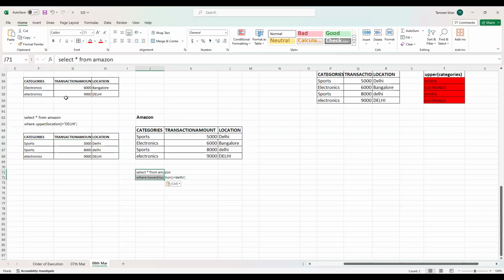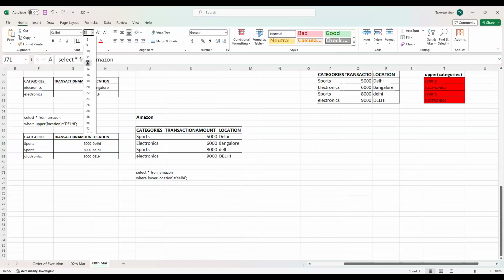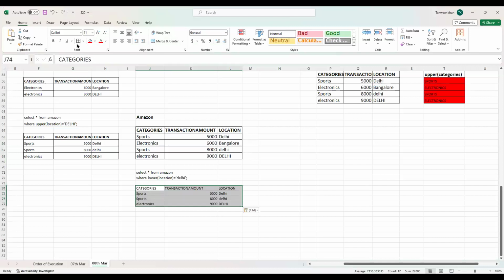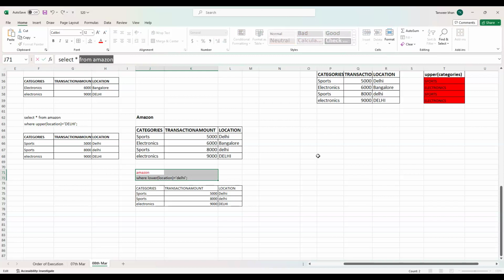Now, this is the query. And this is the output. Do you think this is the same output? Yes. So we have solved this question with upper location equals Delhi, lower location equals Delhi. Okay. Now let's analyze this query. Which keyword will be executed first? From Amazon. So